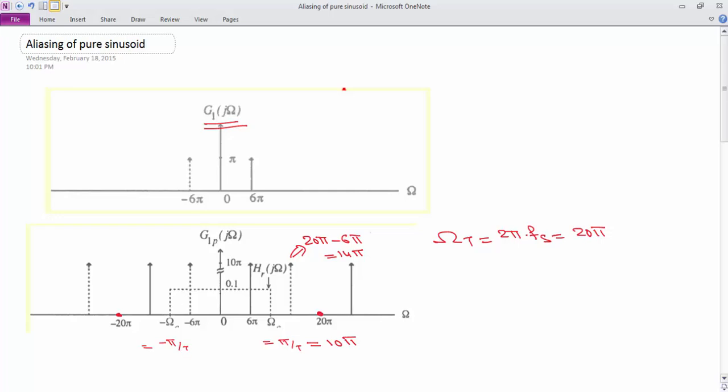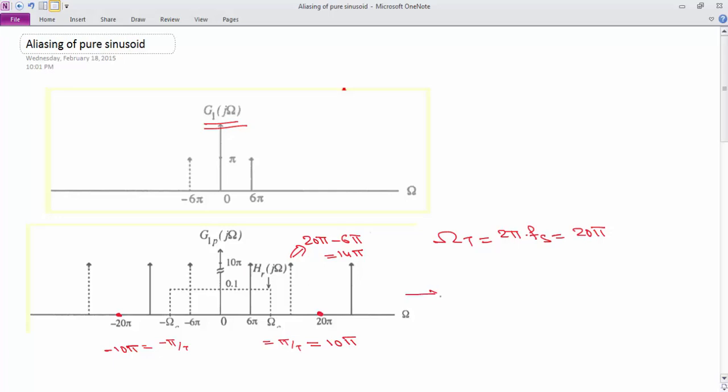Right? So if you low pass filter from minus 10 pi to 10 pi, you see that we sample out all the other copies. The impulses don't fall within the minus 10 pi to 10 pi region, and